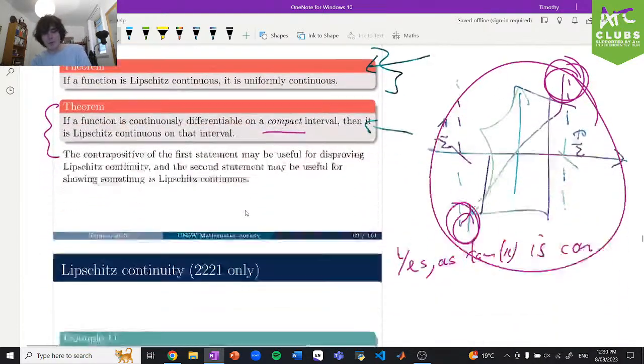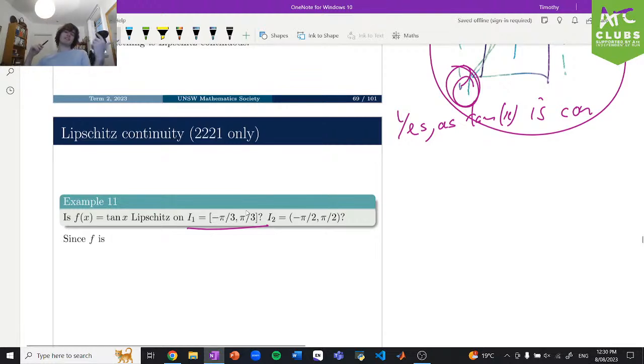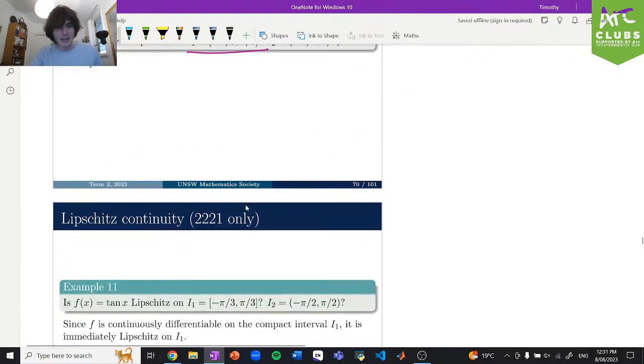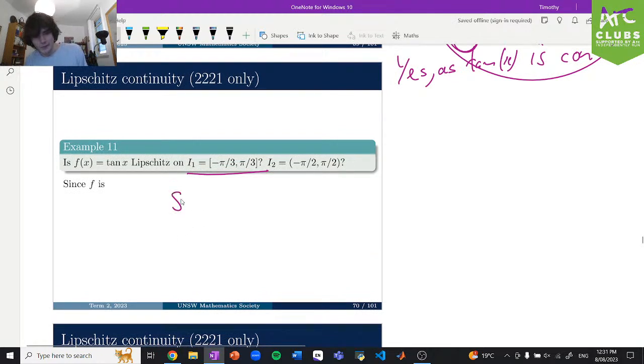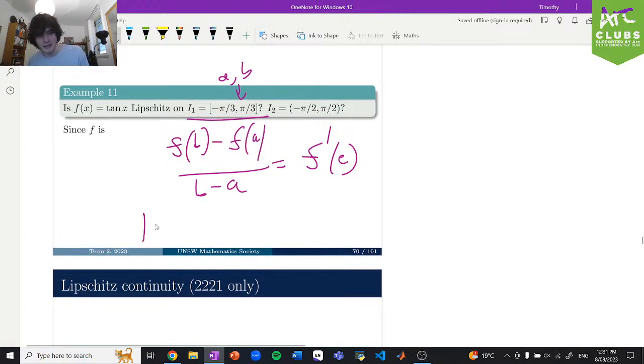But in this case, what we can use pretty much every single time, because we've already observed that it is continuously differentiable, is to go back to our Math 1A single variable calculus knowledge and say, oh cool, there's the mean value theorem. Let's go and steal that. Now, the mean value theorem says that if you've got A and B inside this region, then f of B minus f of A over B minus A is equal to the derivative at some point C. Now we can rearrange this, using the triangle inequality,